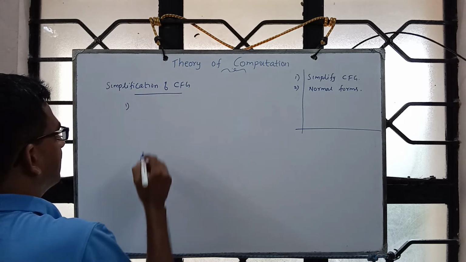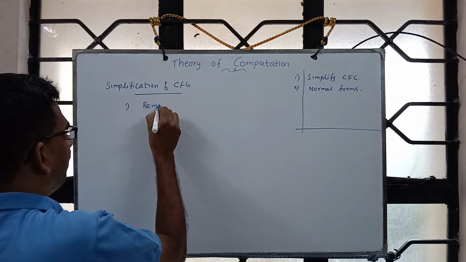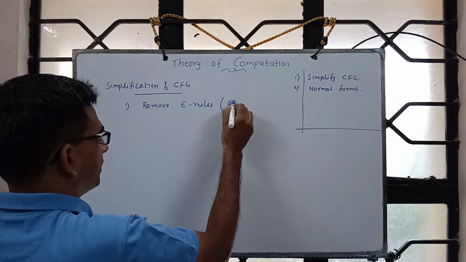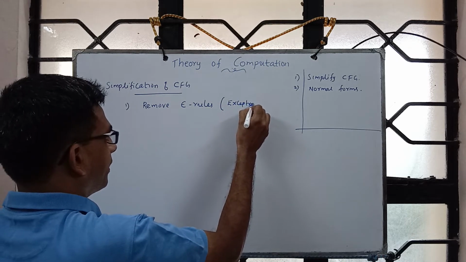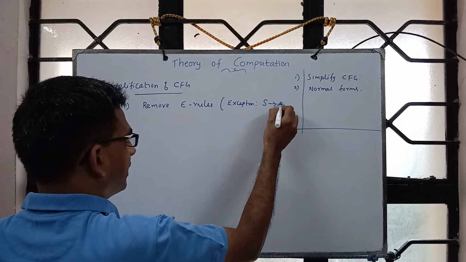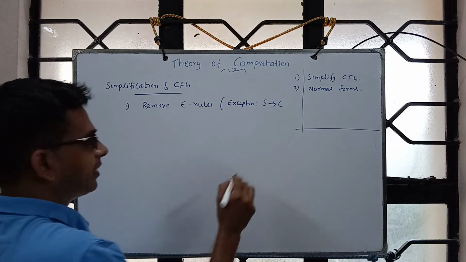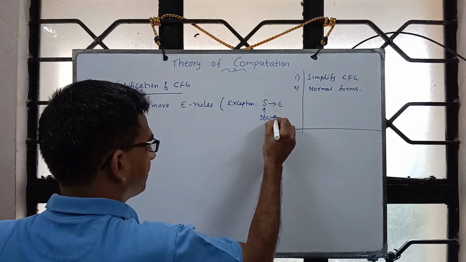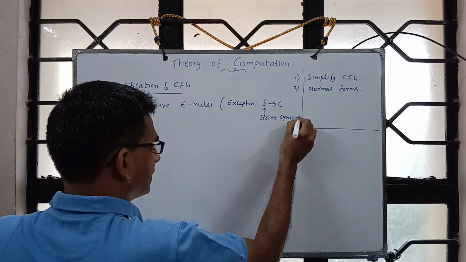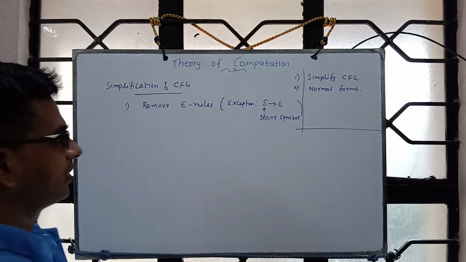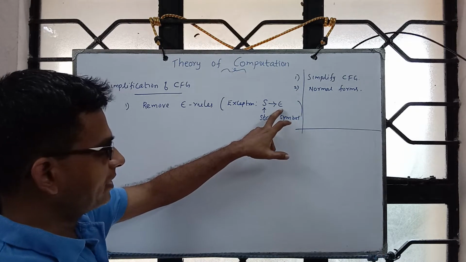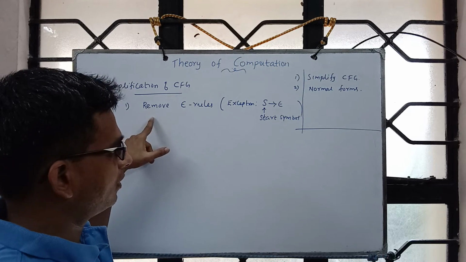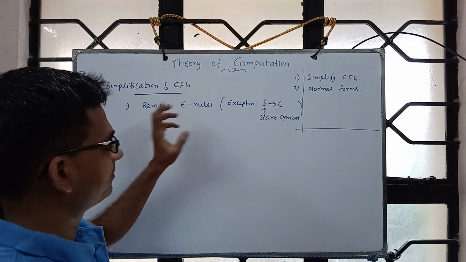The first one is remove epsilon rules, except, the exception is, suppose the start symbol itself derives epsilon, S implies epsilon, where S is the start symbol. Then it should be there, because epsilon is part of the language. If the start symbol itself derives epsilon, that should be preserved because epsilon is part of the language, and all other rules, meaning A implies epsilon, B implies epsilon,